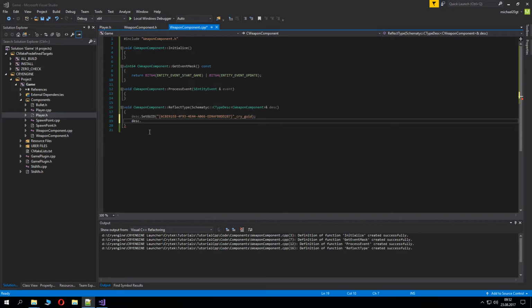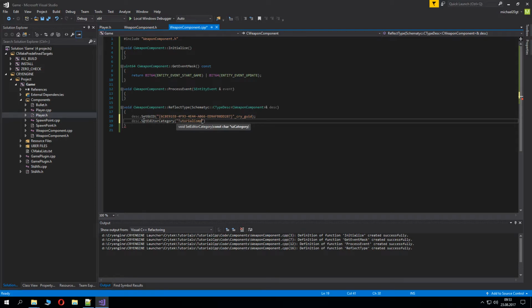Yeah, so what we're gonna do here, we're gonna give it some functionality for the editor. So set editor category, and we're gonna call it